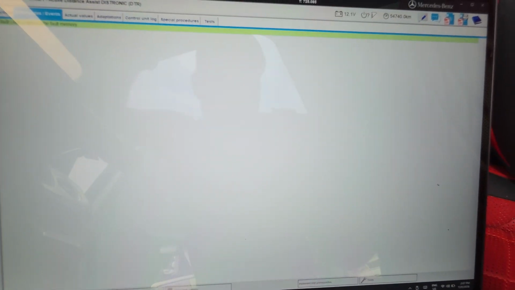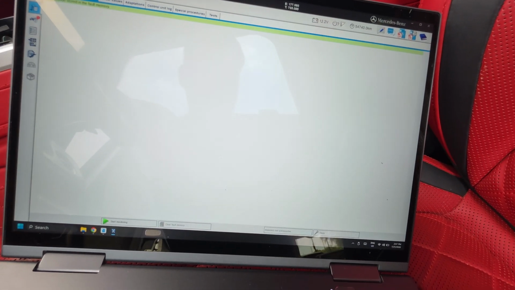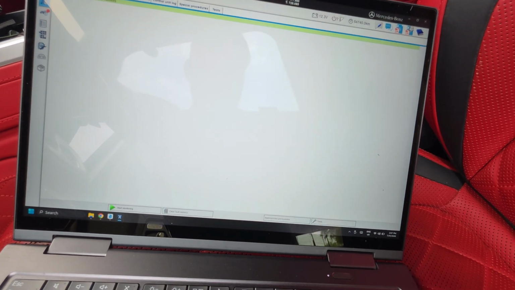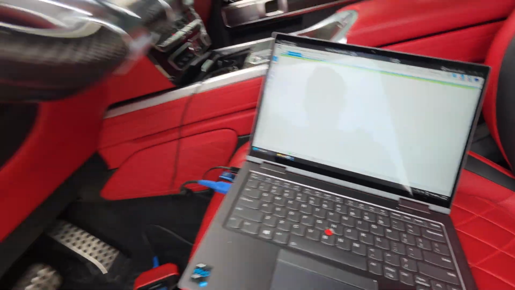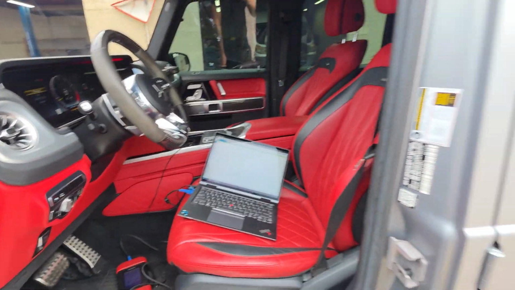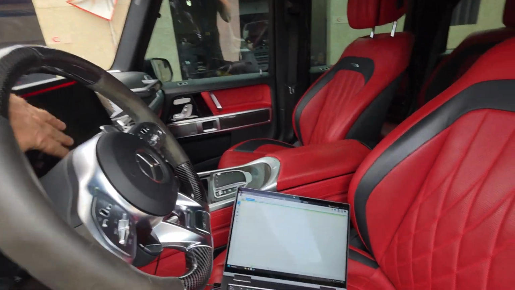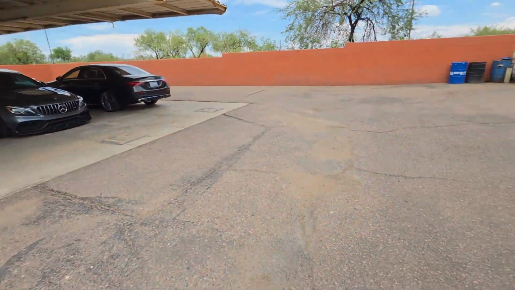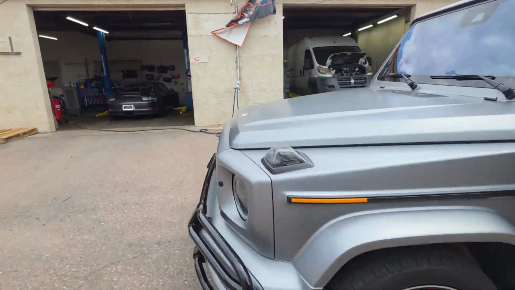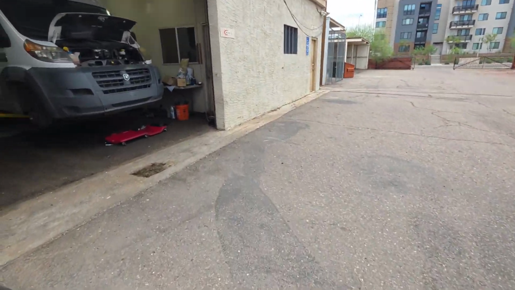And I know I barely ever talk about the coding and programming on this and that, but here it is. We do have an original Sentry that would actually code and program stuff directly from the Mercedes network. So as far as this thing, when it came in, as I already said, we had some faults for